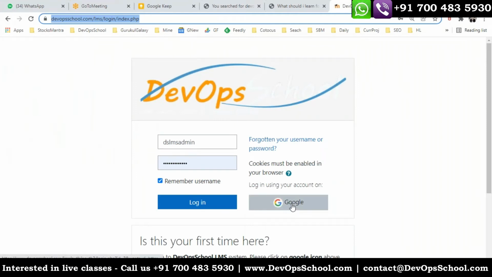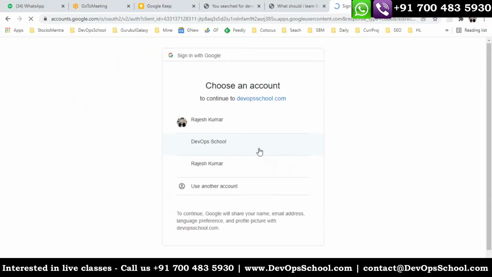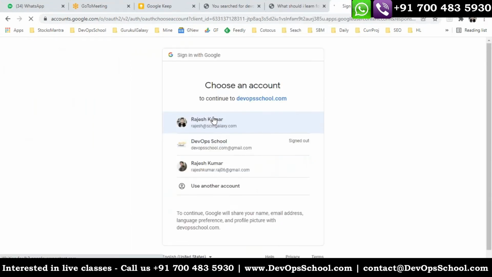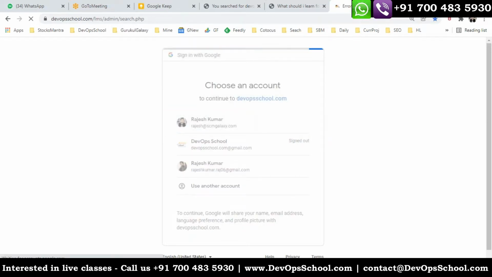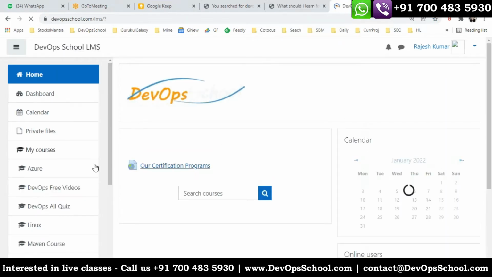You can log in with, let's say, a Gmail ID. I'm just logging into one of my Gmail IDs, and you will have access to all the courses. If you have not got the course access, talk to the coordinators and they'll help you with it.